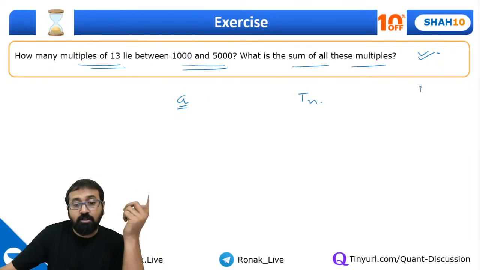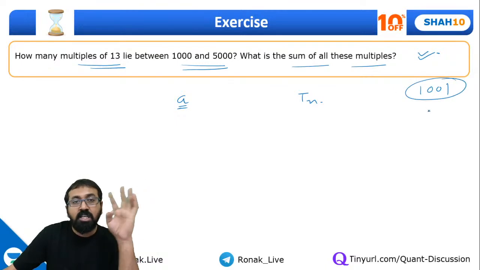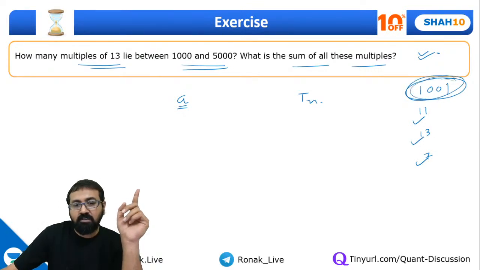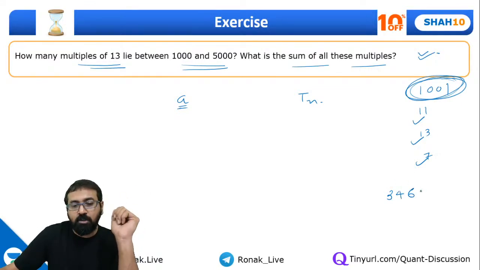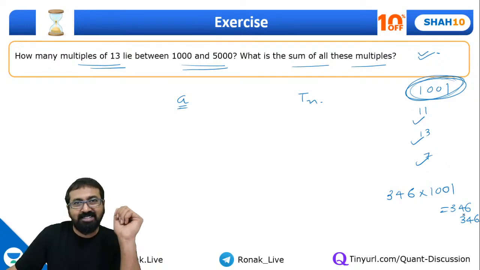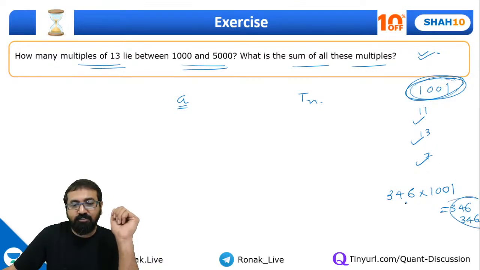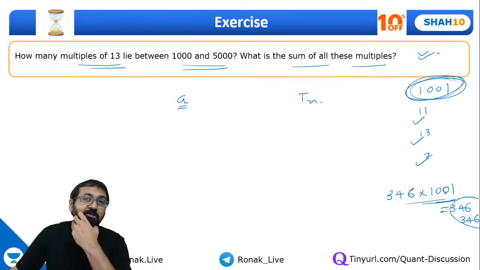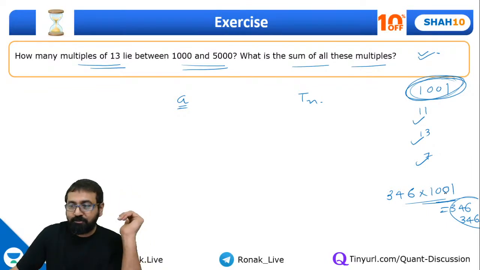Now, if you are slightly good at maths, you should know that 1001 is the first 4-digit number which is divisible by 11 as well as 13 as well as 7. This is a magical number. 1001 is a magical number. How magical? Let me tell you. If you take any 3-digit number and multiply it by 1001, it will produce the repetition of the digits. The resultant number will be 346346. You know? So that's why we call 1001 a magical number. Like I had also taught you one more magical number, 76. There are some 7-8 such magical numbers that I'm going to give you over a period of time.